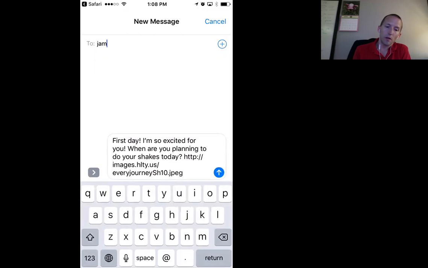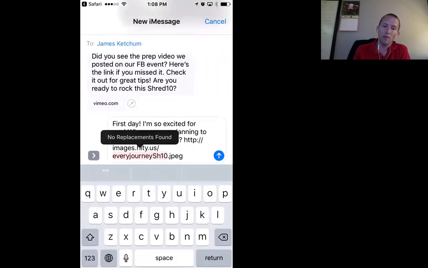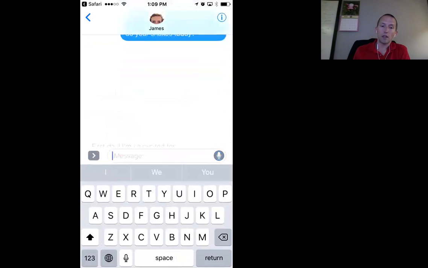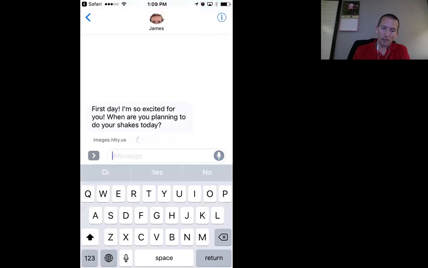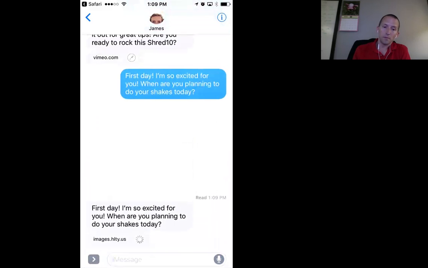So we're going to hit the text button, and we're going to, again, pick who we're going to send it to, so our Shred customer. And if you want to have that image go out, then leave the link just like it is. If you want to remove it, then just drag your cursor over here and highlight that and delete the link, and that will prevent the image from going out with the text. But if you like it, send it, and so they get this nice looking text and image meme that goes with it. Okay, my internet's a touch slow, so it's taking a moment to render,